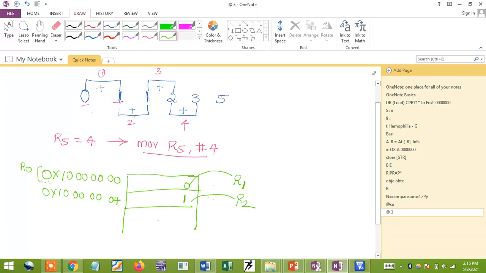Remember, the R0 register, I'm going to take on the initial address. This R0 register has the first content, which I'm going to load into the R1 register. Next, the second content, I'll take into the R2 register. So what we are doing here is 0 plus 1, I need to add. The result I need to store in the next memory location here.